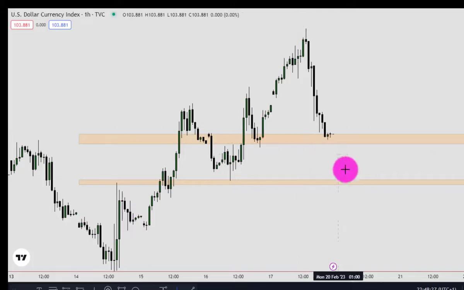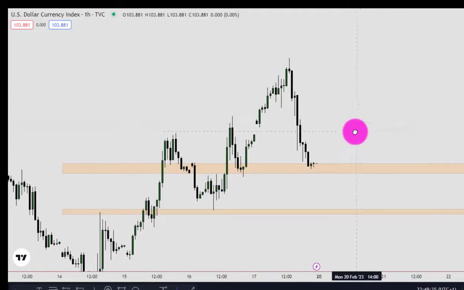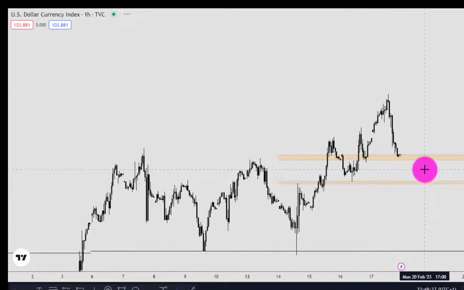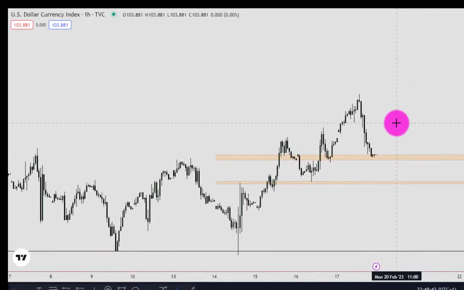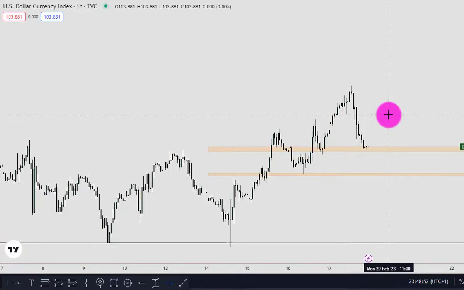So I would like to see a clear displacement to the opposite direction, and when price returns into the internal range, either fair value gap or order blocks, then I would like to start going long on the dollar while I short foreign currencies. Okay, so since we have a bullish week for the dollar, we're anticipating bullishness on the dollar this week. We should anticipate bearishness on all foreign currencies, EURUSD, GBPUSD, NZDUSD, whatever pair you choose to trade. I chose to trade GBPUSD in the last 2 years, and this has helped me tremendously to grow and